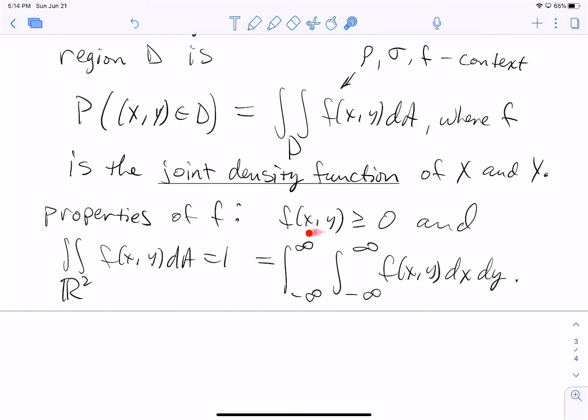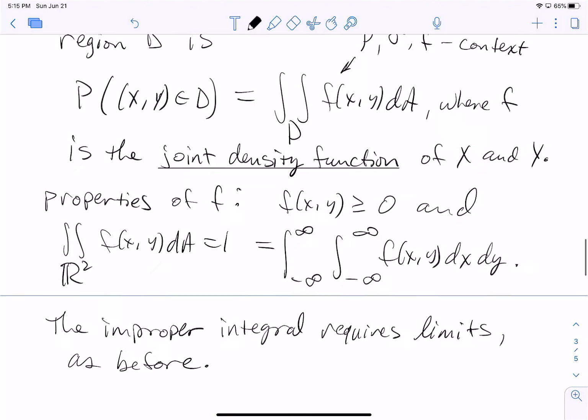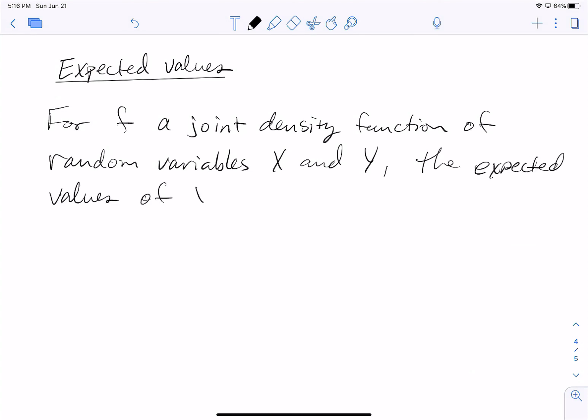And here we, of course, have improper integrals, and so the improper integral requires us to take limits, as you saw in single variable calculus. The last type of application we're going to look at is something called expected values. For f, a joint density function of random variables X and Y, the expected values of X and Y are